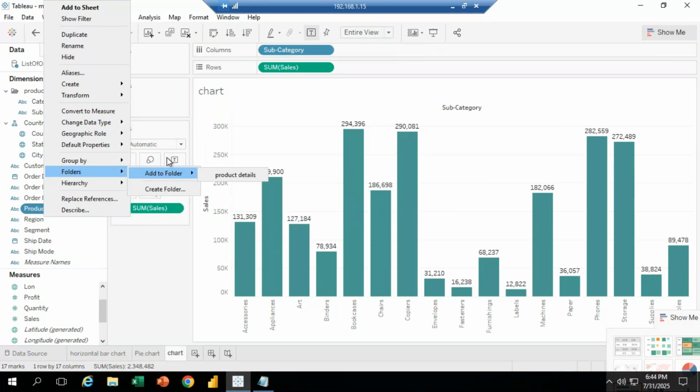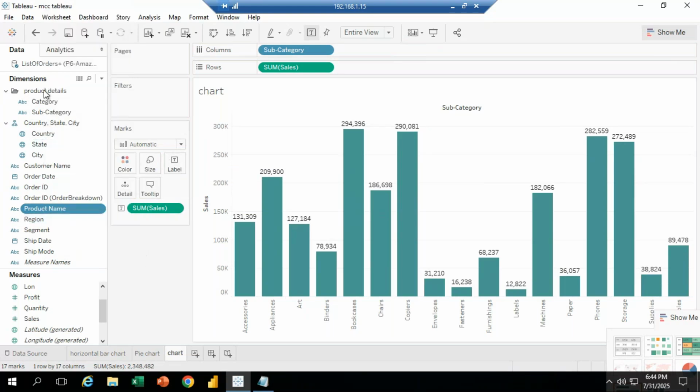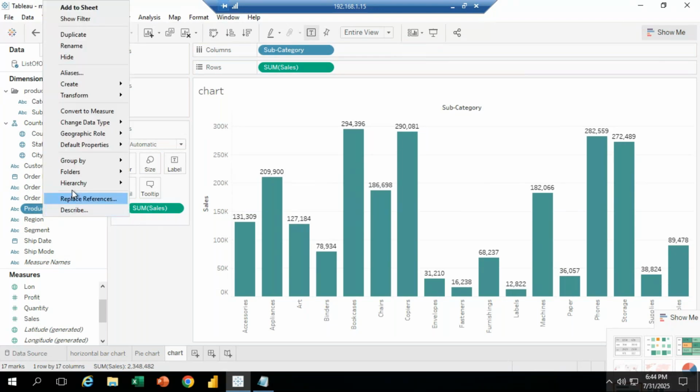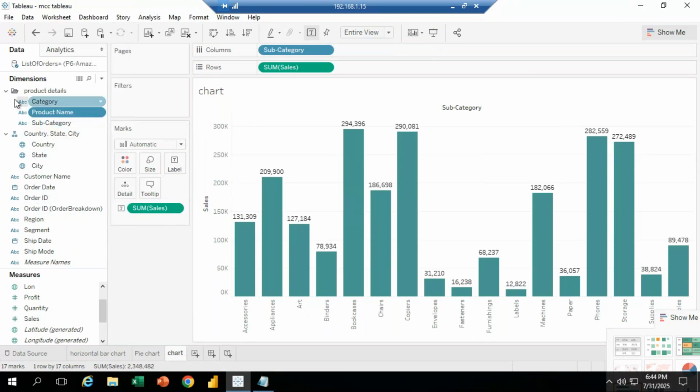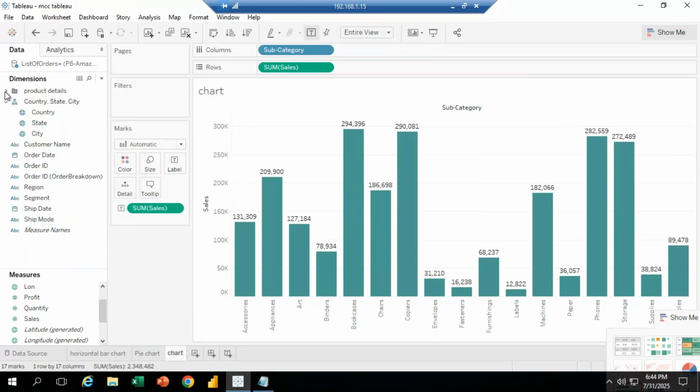I want to add one more field inside the folder. Right click on that product name, folders, add to folder, product details. Like this we can add the fields inside the folder, or else we can directly drag and drop into the folder also. Click on that. See, now we got it here. If I click on the drop down button, see, we created one folder. If I click on the drop down button, expand options, and click on category,